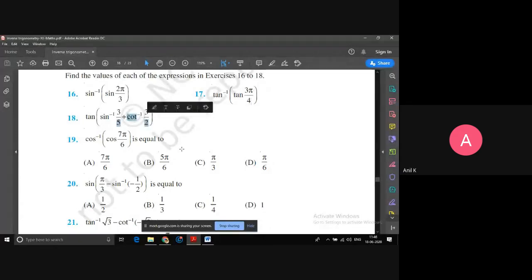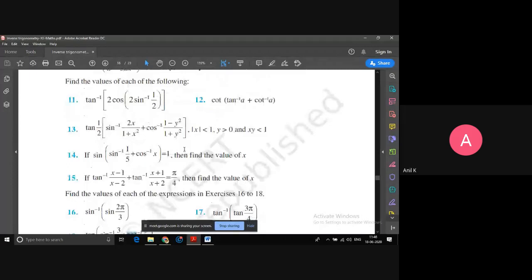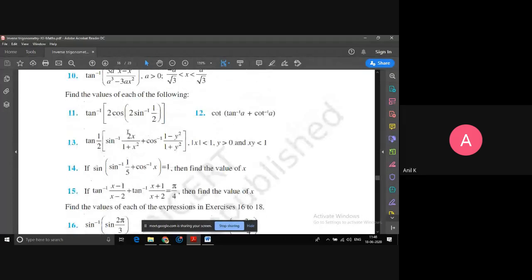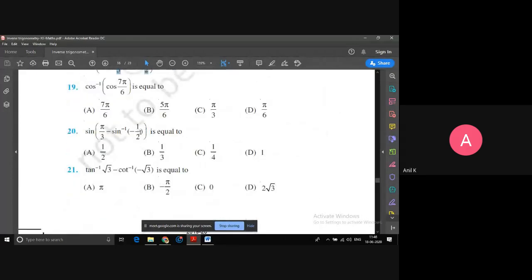Here also, we already solved one question. Which question did we solve here? This question we solved. So now try this: sine inverse minus 1 by 2. Sine is negative in the third quadrant, so the answer will come pi plus pi by 6, because 30 degrees means pi by 6. Now here you get pi by 3 minus of pi plus pi by 6. Then you can simplify that one.